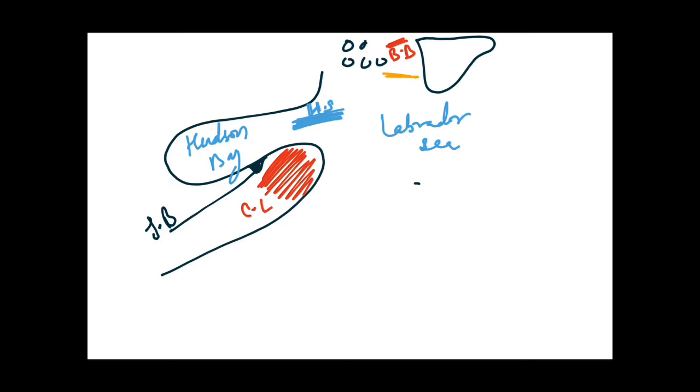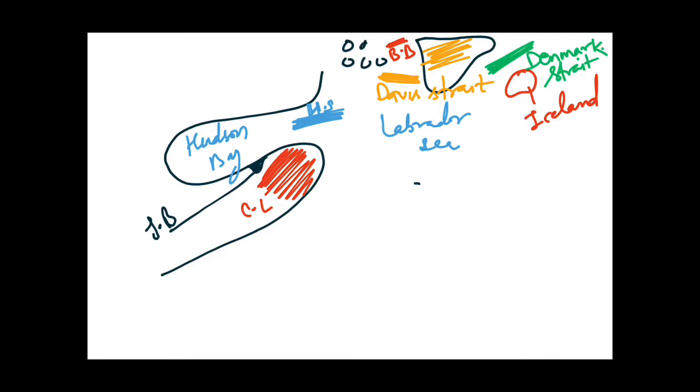One more thing I want to tell you over here. As you can see, this is Davis Strait. To the south of Baffin Bay lies Davis Strait. I will show you it in the map later on. And to the east of this Denmark, you can see over here, this is the island and it is known as Iceland. And the strait which is separating these two islands is Denmark Strait. So here it lies Denmark Strait. And the most important thing, as I told you, that 66.5° north is Arctic Circle.